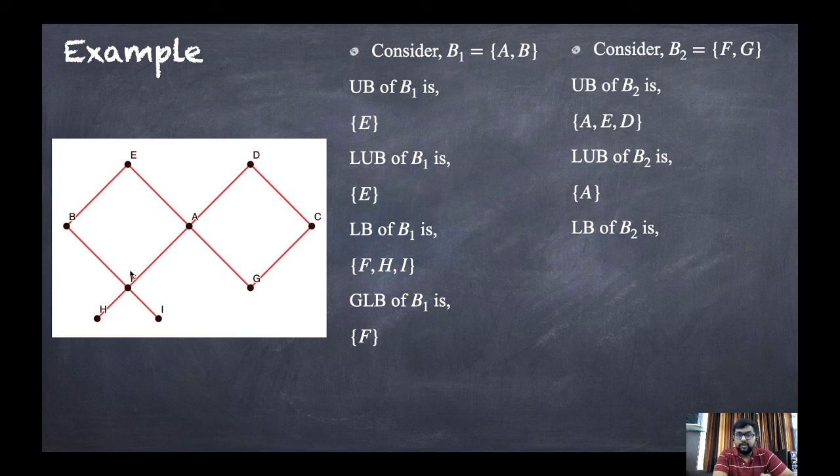Now can we go from I to F? Yes. But can we go from I to G? No, that is not possible. So here both the cases are not possible. Hence, the lower bound is 5. Now since the lower bound itself is 5, the greatest lower bound will also be 5.